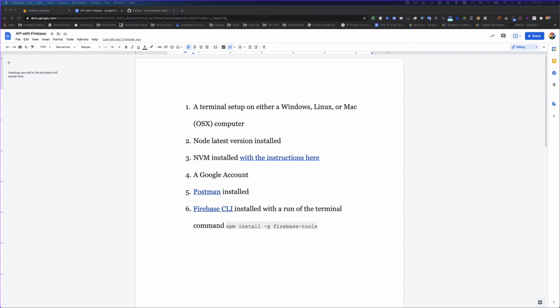If you Google it, you will find a definition which says a set of functions and procedures allowing the creation of applications that access the features or data of an operating system, application, or other service.